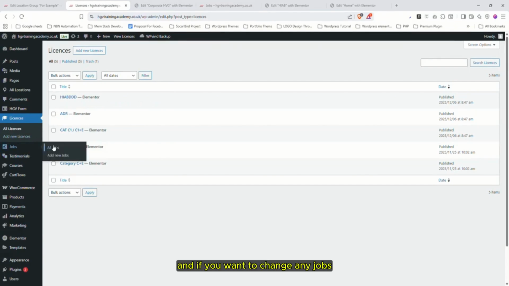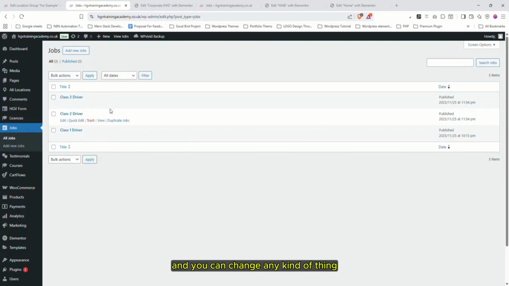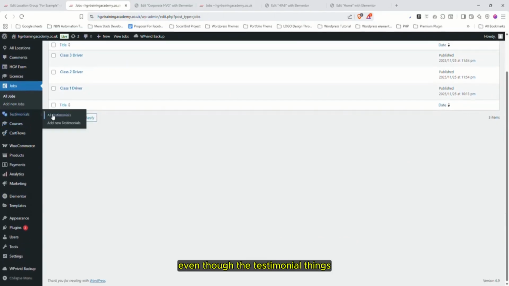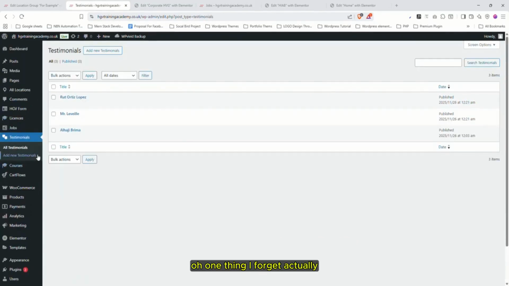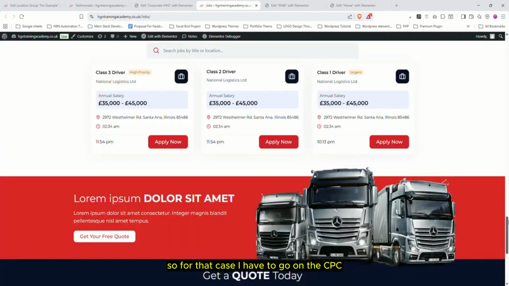And if you want to change any jobs, then you have to click all jobs and click edit, and you can change anything which you want changed, even the testimonial things. Oh, one thing I forgot, for the course page. For that case, I have to go to the